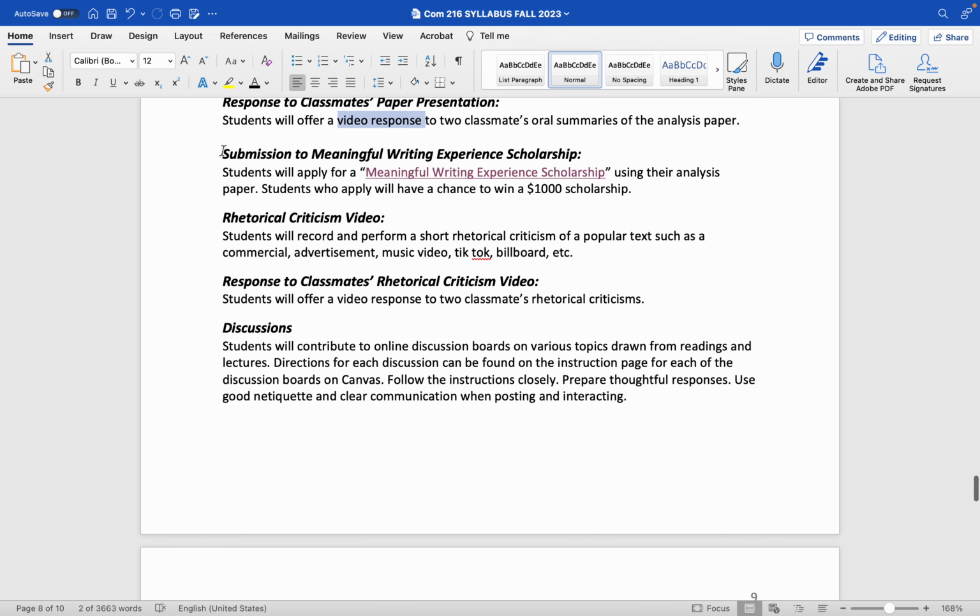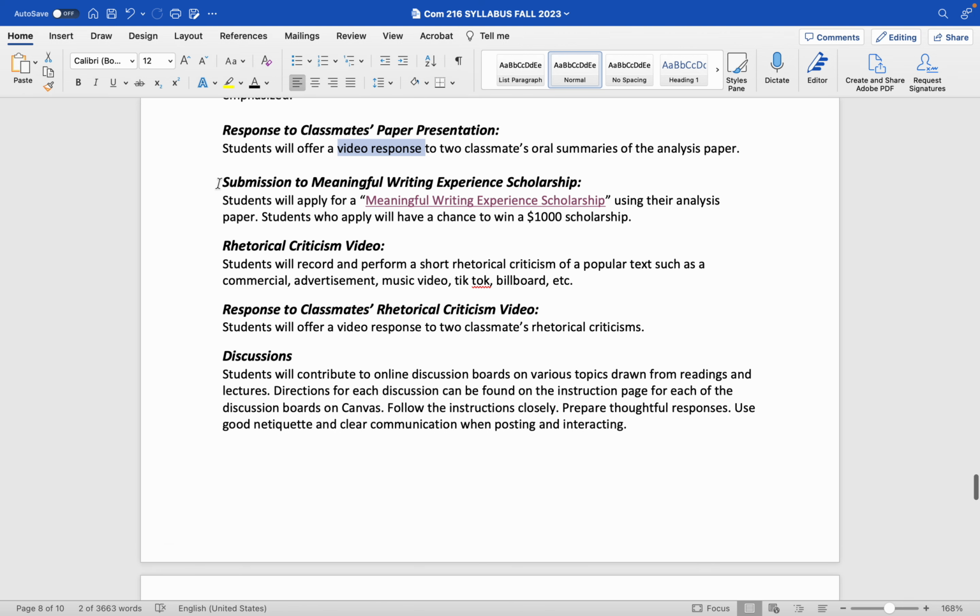And then finally, this is the last assignment that's associated with the analysis paper. Once you've written the analysis paper, you're almost ready to submit this scholarship. You just have one small step, which is to talk to somebody about the paper that you write. But the Meaningful Writing Experience Scholarship, you can use your analysis paper for this scholarship submission, and I'll give you